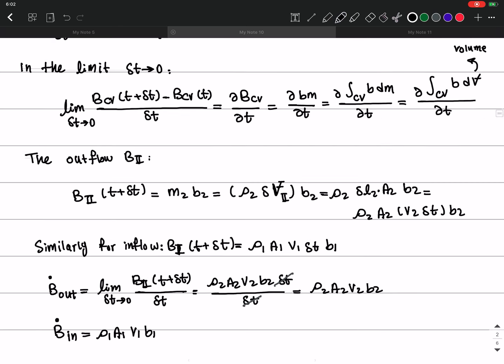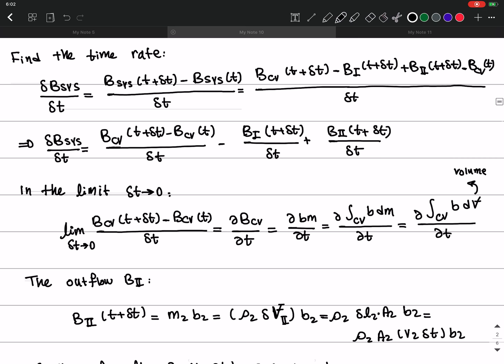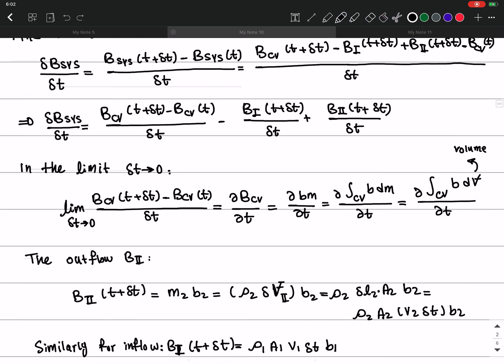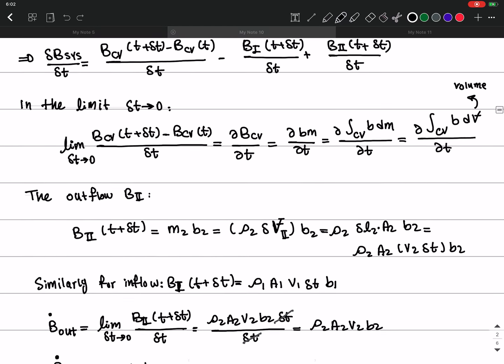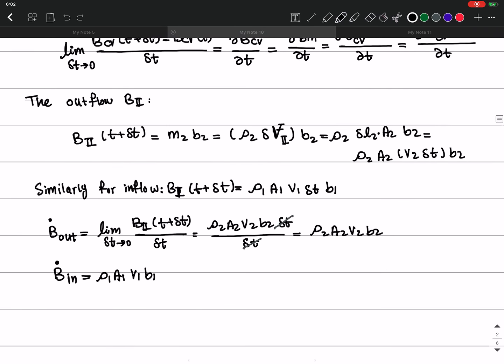So I can now rewrite this equation here in terms of these things that we found out. So dB, or derivative of system with respect to time, dt, equals to